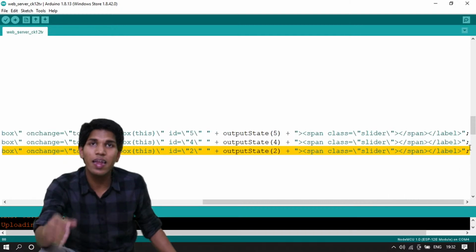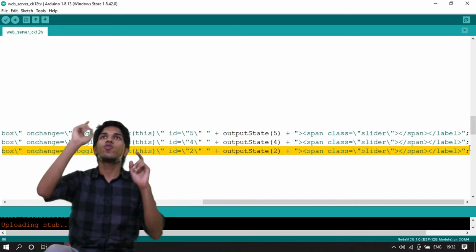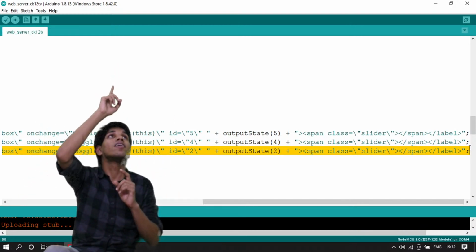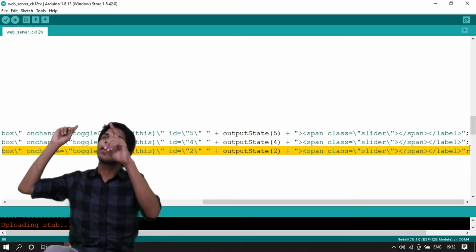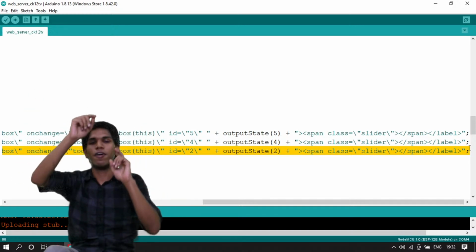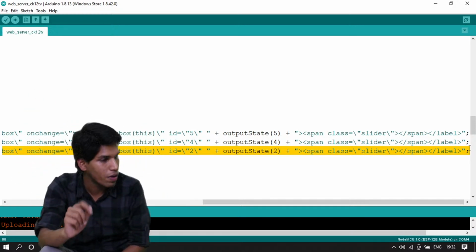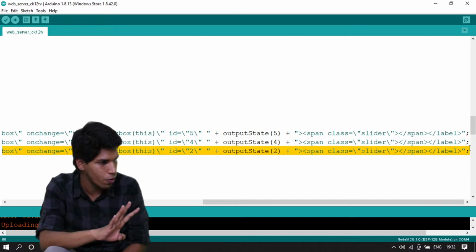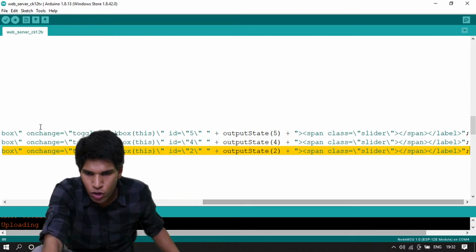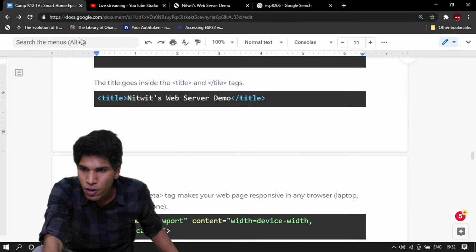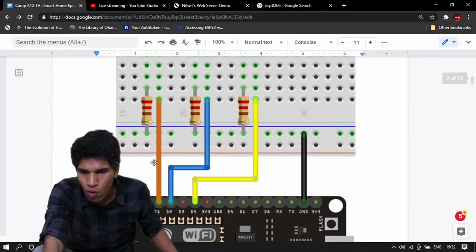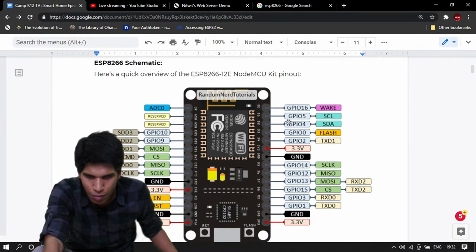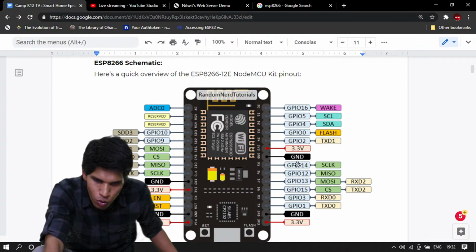Okay, so let's say my room has one, two, three lights and one fan and then some plug points. I'm going to connect my three lights and one fan to my board, on my website. So it will need four buttons for those. All I have to do is first of all decide which pins you are going to connect your appliances to. Right now I was using pin 5, 4 and 2. So what I can do is use pin 5, 4, 2 and 14.